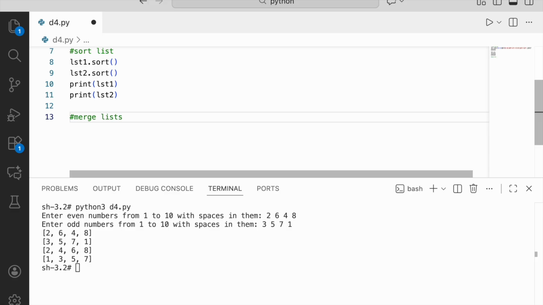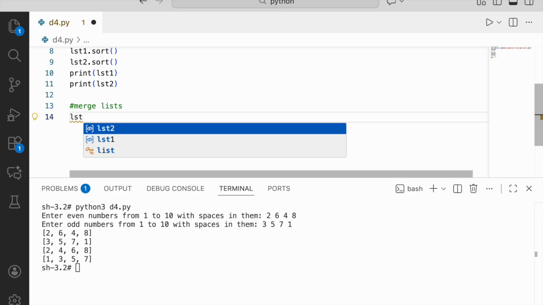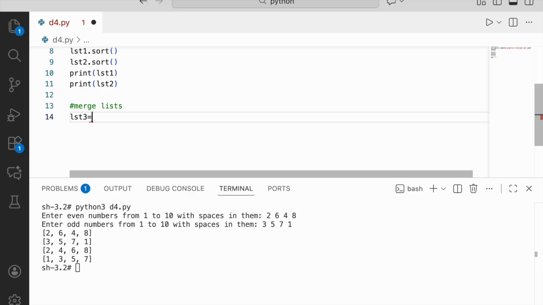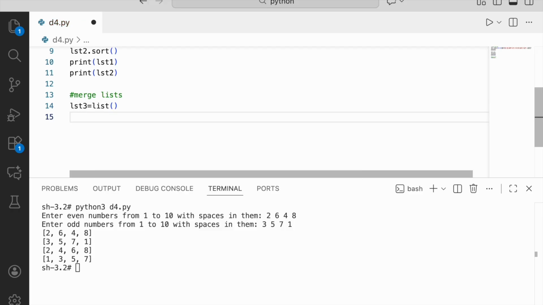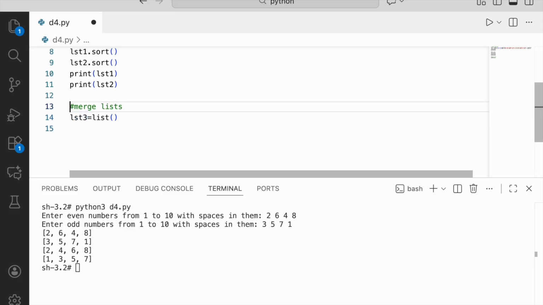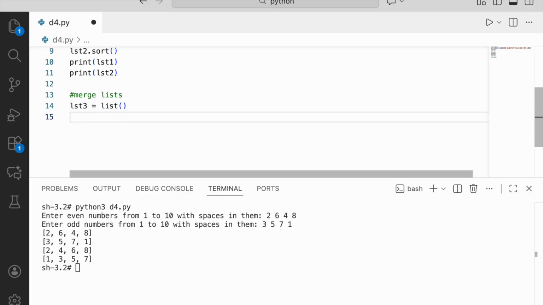lists. Okay, merge lists. So lst3 equal to an empty list. Oh, sorry, list. Okay, so I have created a list 3, which is an empty list. All right, after that,